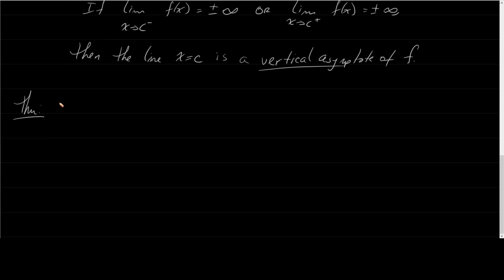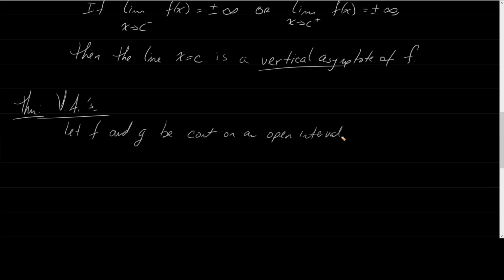And this theorem says this is for vertical asymptotes. Let f and g be continuous functions on some open interval. On an open, that's how you spell open, interval. If f of c does not equal 0, but g of c is equal to 0,